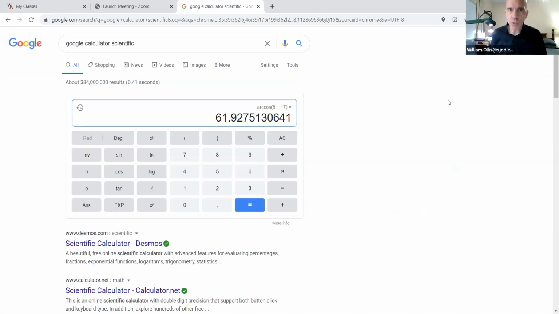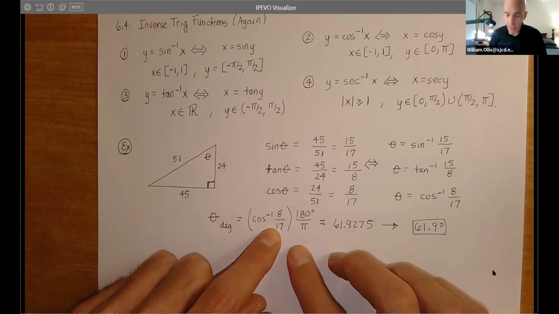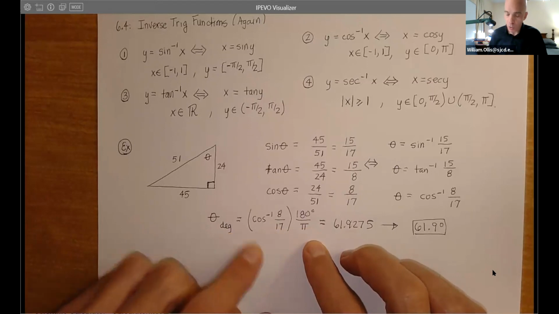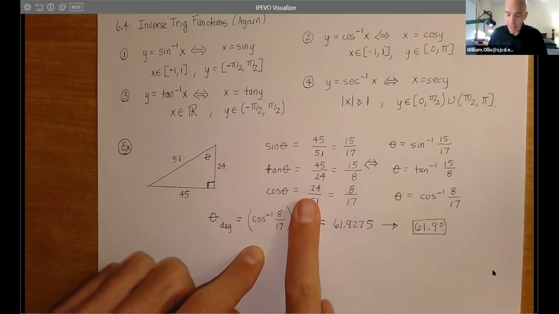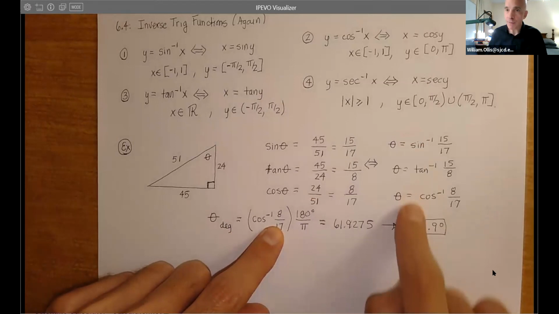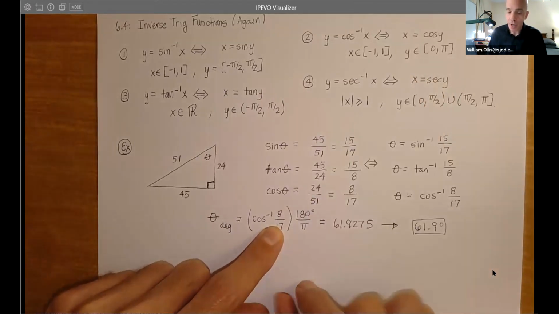So again, when you look at what I've written here with the problem, I just basically assumed that I left my calculator in radian mode and then did the conversion here to degrees, so I was sure to get this. Or you could just forget this, like I say, and just put your calculator in degree mode. So of course, we could use any one of these. And of course, here's the approximate acute angle that we were promised by our arithmetic up here, or our inverse